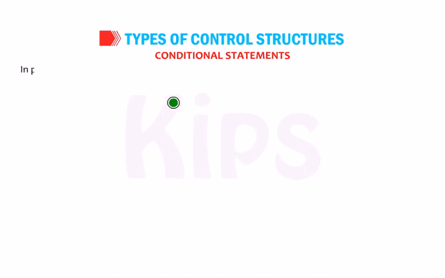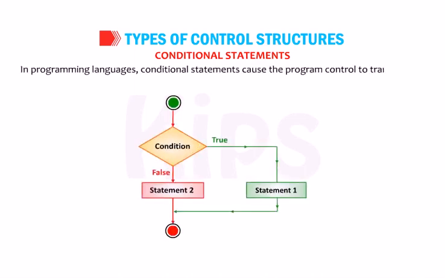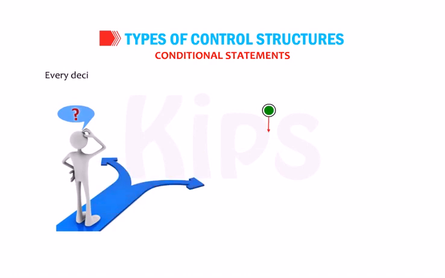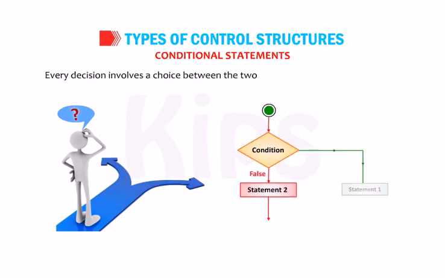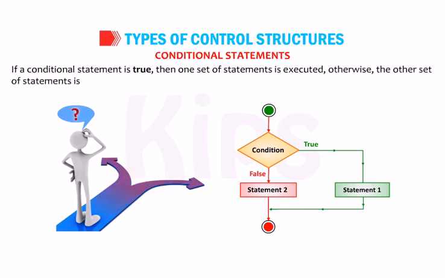Conditional statements. In programming languages, conditional statements cause the program control to transfer to a specific location depending on the outcome of the conditional expression. Every decision involves a choice between the two alternatives, yes and no result. If a conditional statement is true, then one set of statements is executed, otherwise the other set of statements is